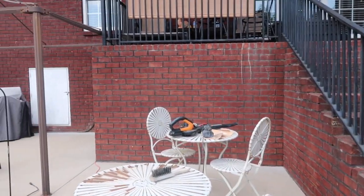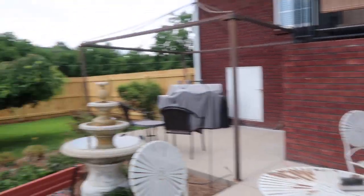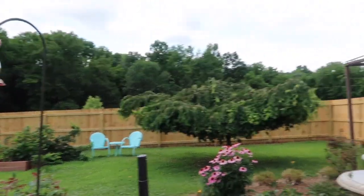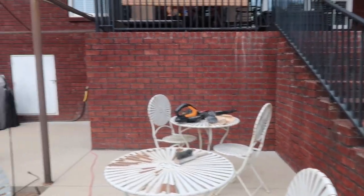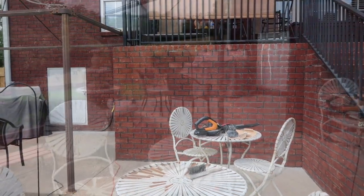I told you in the last video that I'm starting to paint everything black other than those 2 chairs over there. They will stay painted that color. So that's what I've gotten myself into today, and I am by no means dressed up for a beauty contest. So I'm just getting